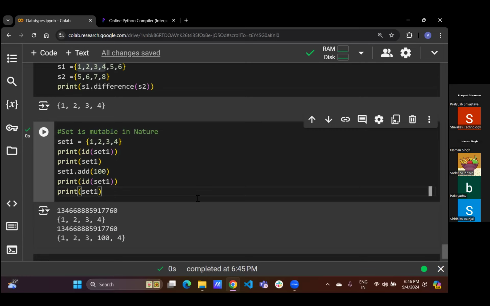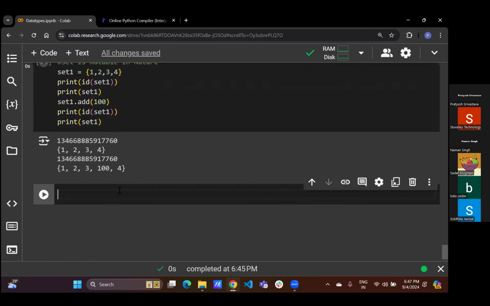Clear or not, guys? Is this point clear? सर जैसे कि यहाँ पर सेट का अगर आईडी चेंज हो जाता, तो इसका मतलब होता है कि दूसरा ऑब्जेक्ट क्रिएट हो गया। तो जो चेंज हम कर रहे हैं, वो हमारे ओरिजिनल ऑब्जेक्ट set1 के अंदर नहीं हुआ। फिर वो नया ऑब्जेक्ट क्रिएट हुआ, दैट मीन्स हम इसके अंदर कोई चेंज नहीं कर पा रहे। अगर ये मेमोरी लोकेशन अलग हो जाती है, तो इसका मतलब जो भी हमने यहाँ एडिशन किया है, वो इस सेट के अंदर चेंज नहीं हुआ है, एक नया सेट क्रिएट हो गया। ठीक है, ओके सर।